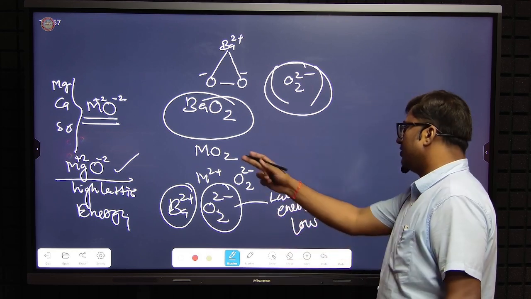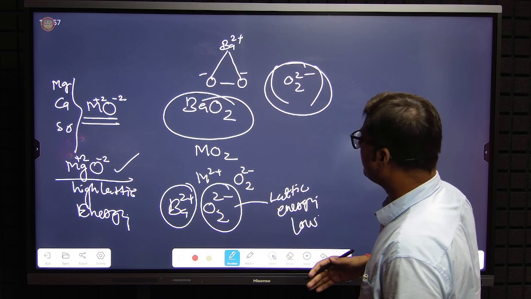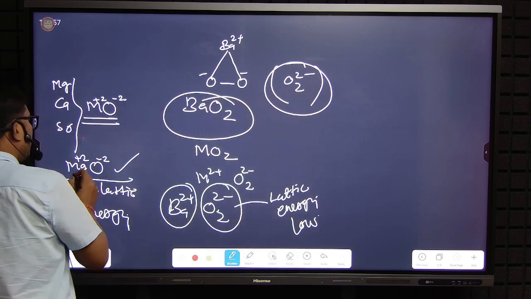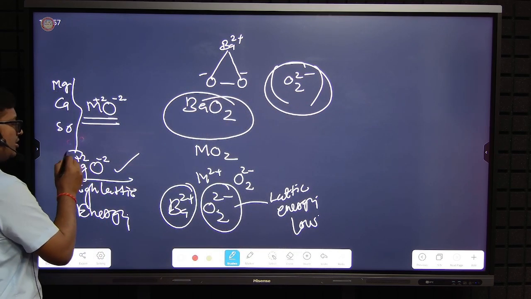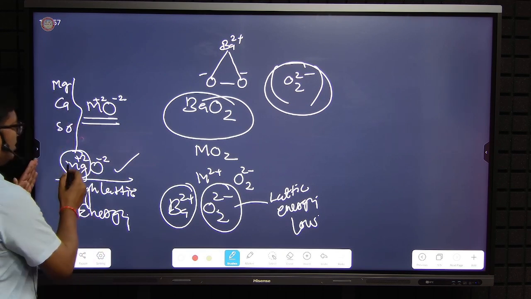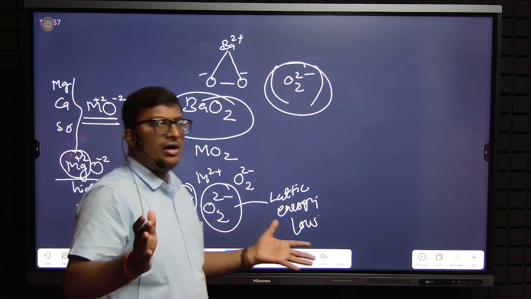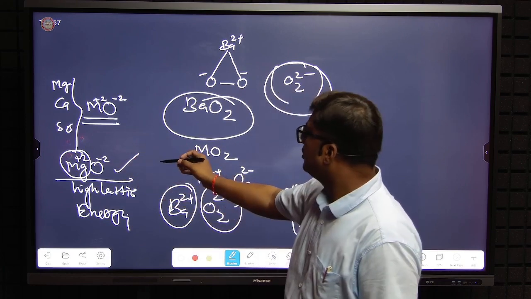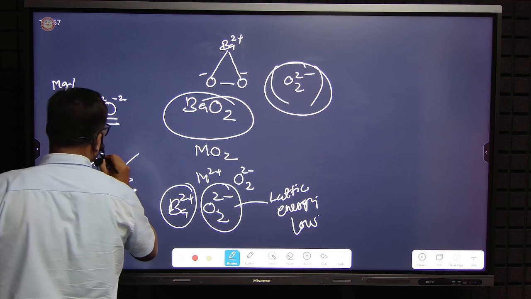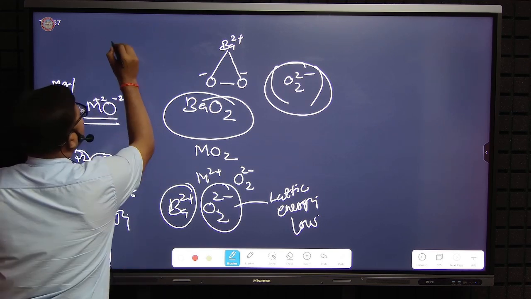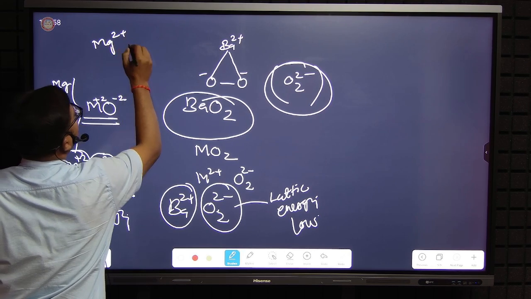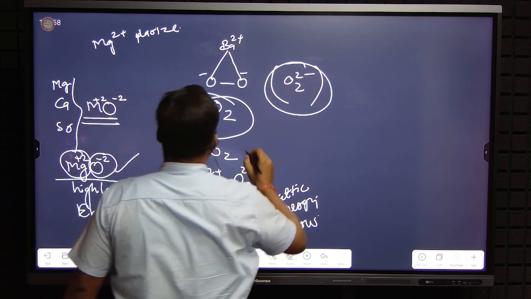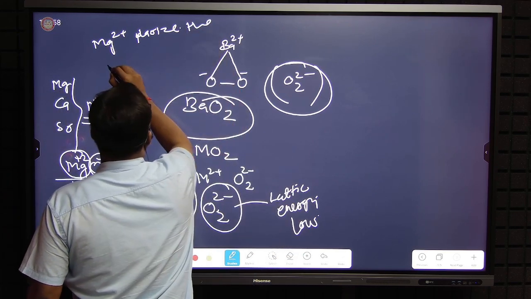So magnesium oxide is an ionic compound. Still, this compound possesses some covalency, and this covalency arises because of the small and highly charged magnesium cation. This small and highly charged magnesium cation can polarize the oxide anion. So Mg2+ polarizes the electronic cloud